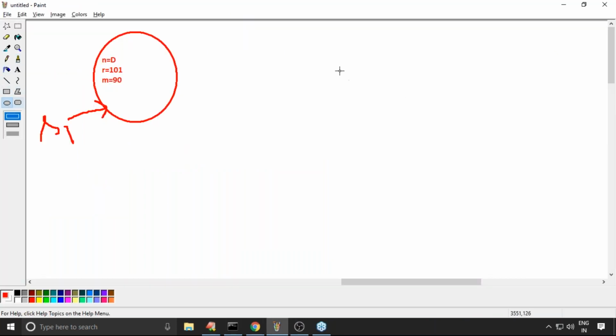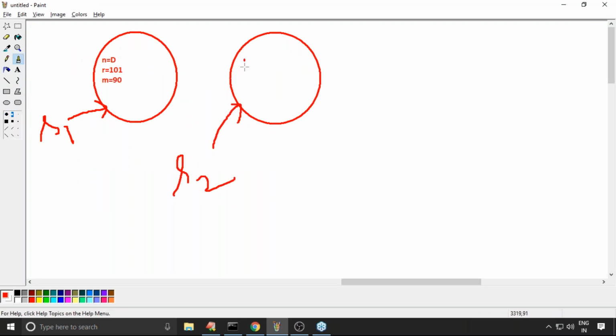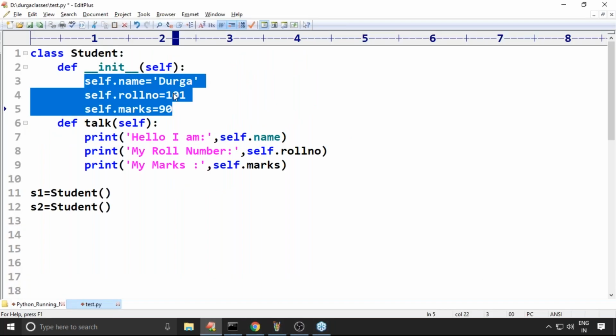So for the second object, what is the value of name? Durga. Roll number? 101. Marks? 90. Two different objects, but the data is the same, because the same code is going to execute.